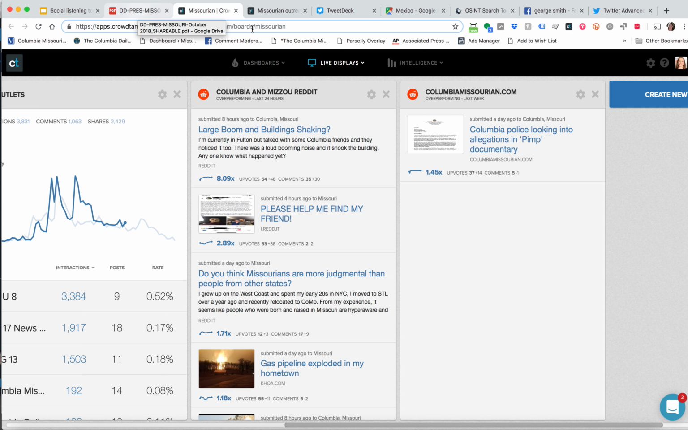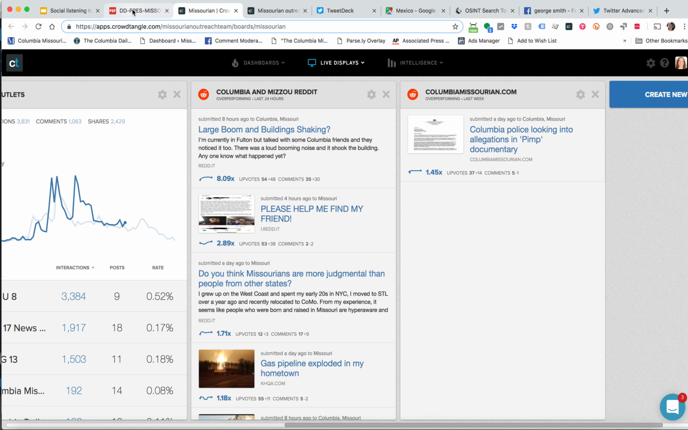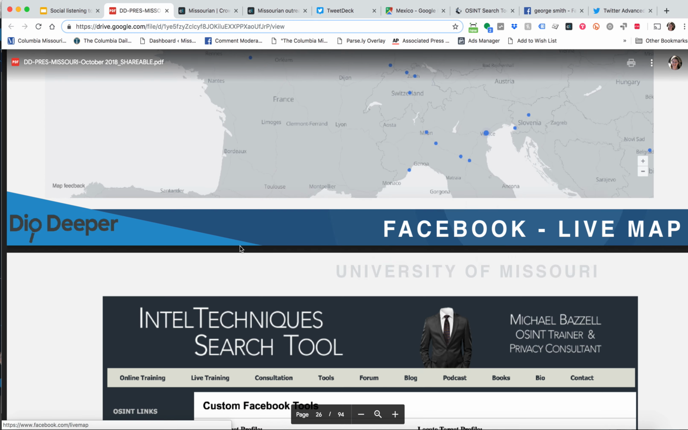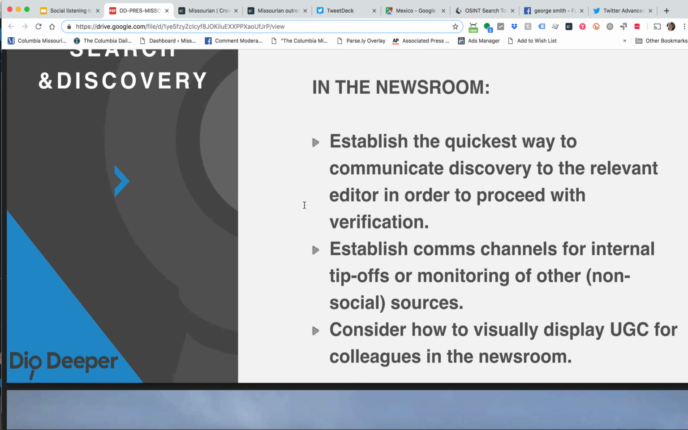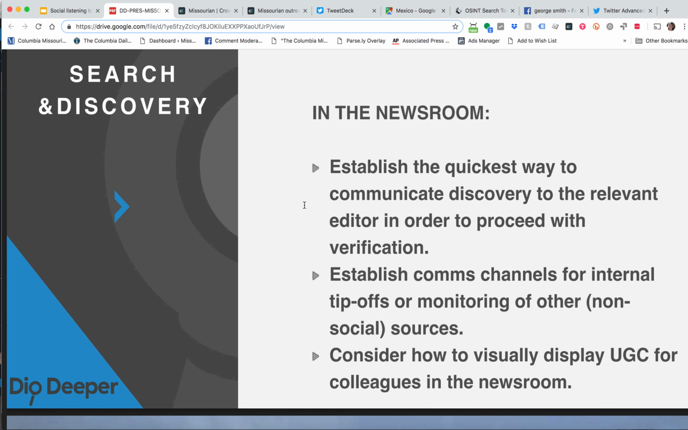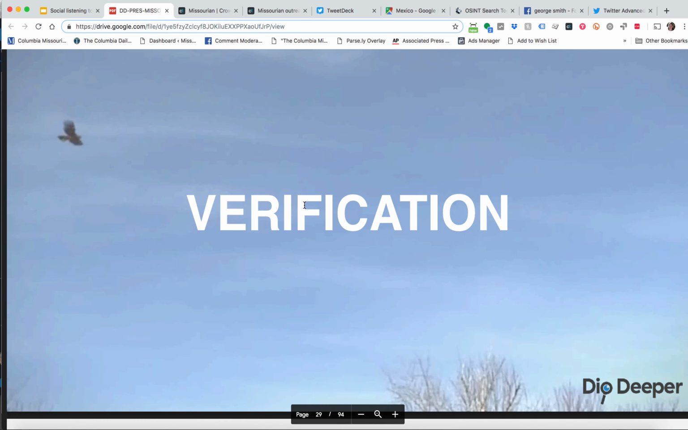CrowdTangle's another Facebook tool. We looked at ways to search in there. We're going to come back to this one. So once you have discovered this, then you obviously need to discuss it with someone, or if you identify something breaking, something happening, having that conversation, passing it off. We don't have the best protocol in place for this type of scenario, but we're working towards that. I think that's one of Ruby's goals. But once you have it,